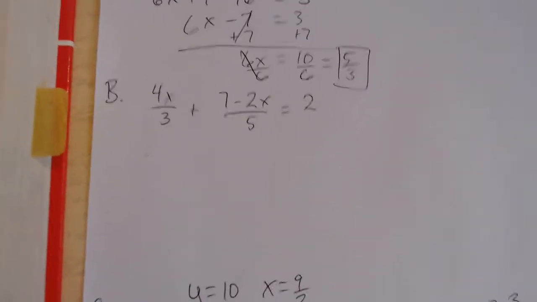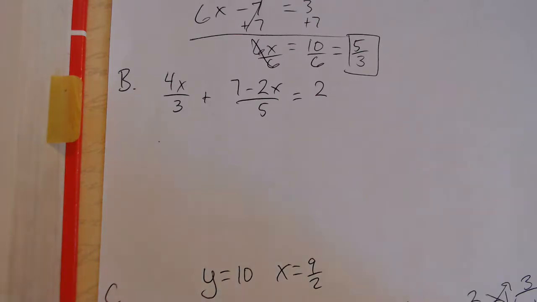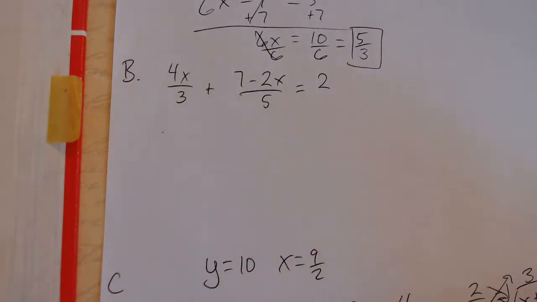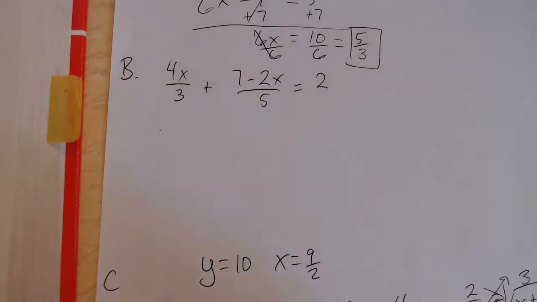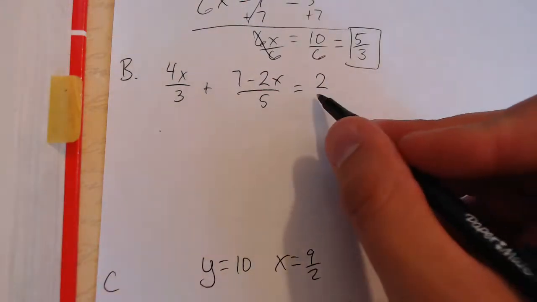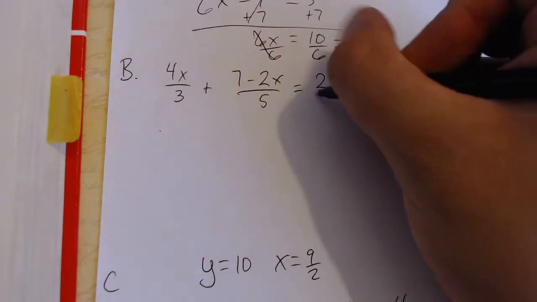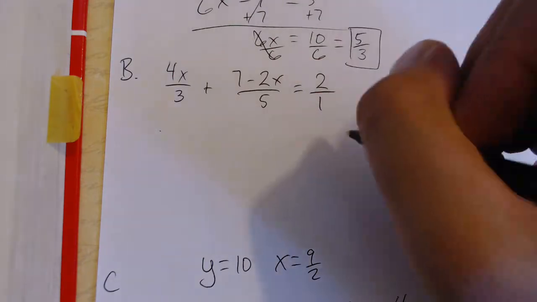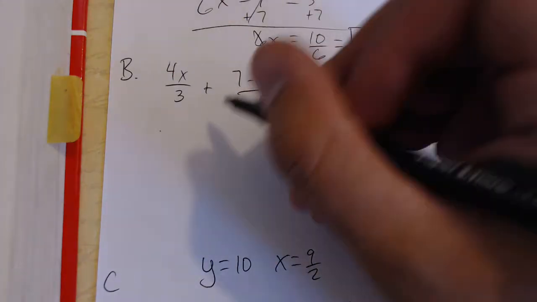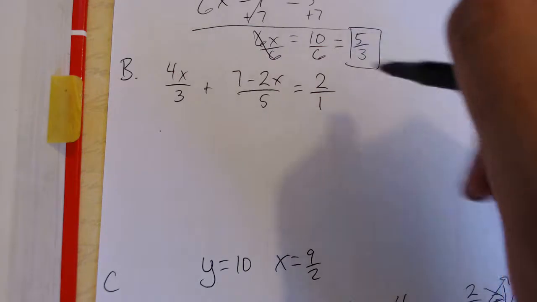Okay. Now for practice B, I'm going to show you an alternate way to solve these problems, which is actually my preferred way. First off, with this equation, we'll see that this side has a whole number. First thing we're going to do is correct that whole number by turning it into a fraction and placing it over 1. So if you have a fractional equation, go ahead and turn everything into a fraction